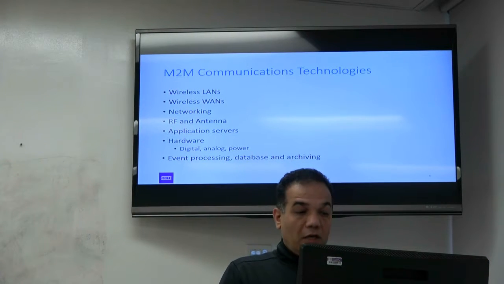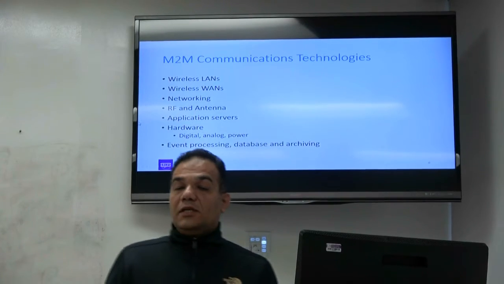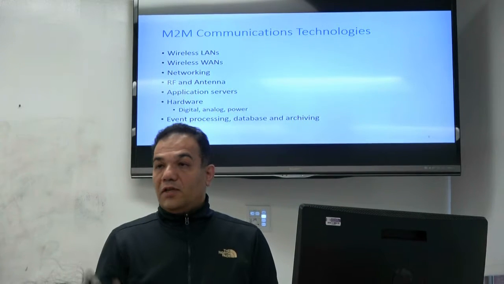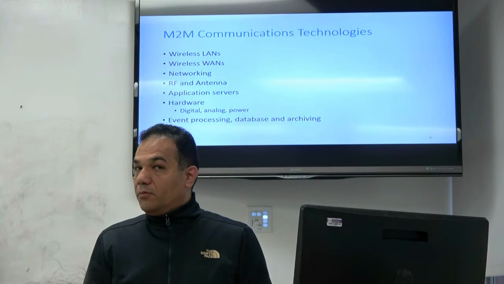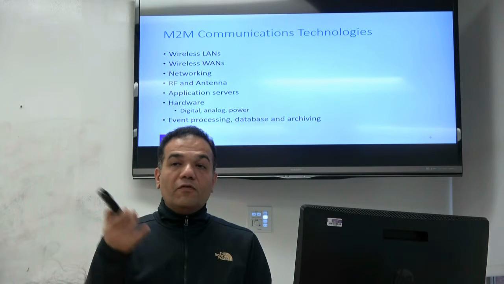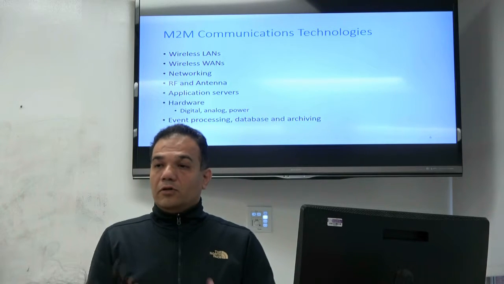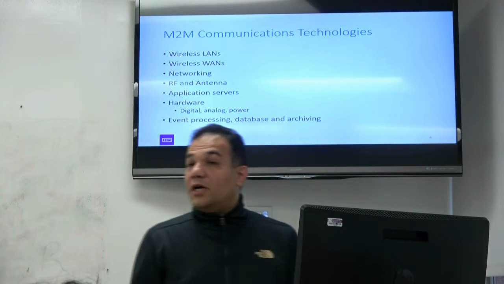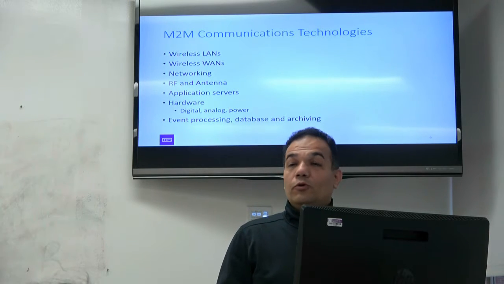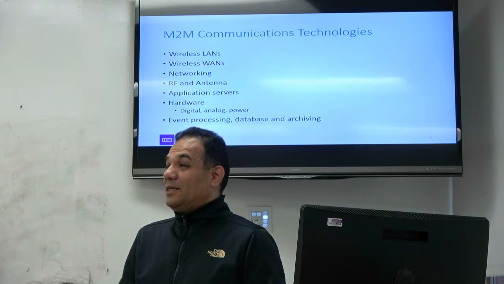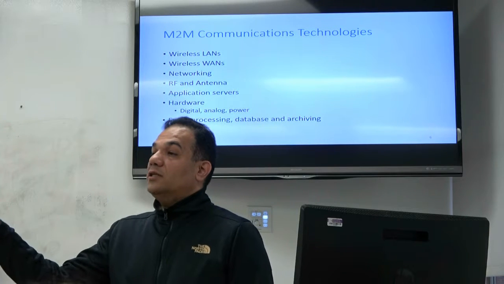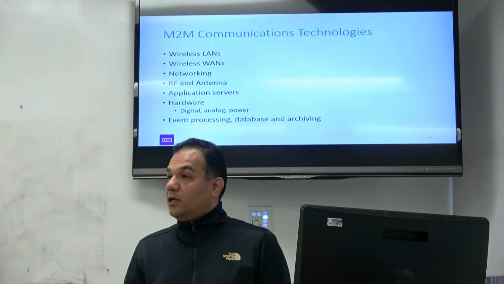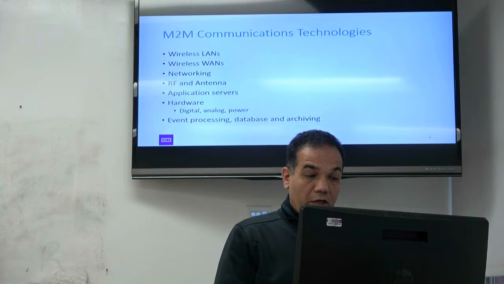Okay, networking, antennas. In the last class we mentioned that the devices will have antennas to be able to send and receive data and connect to the RF communication system. All right, so we need a new kind of antennas, maybe smaller antennas, maybe smarter antennas, MIMO antennas. All of these we need, right? So this is a kind of research. You could be part of a company that produces antennas. There's a section for IoT antennas, for small devices, for certain criteria. So that's another research area.